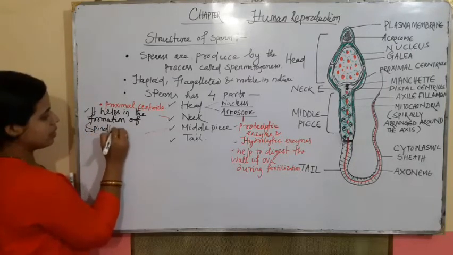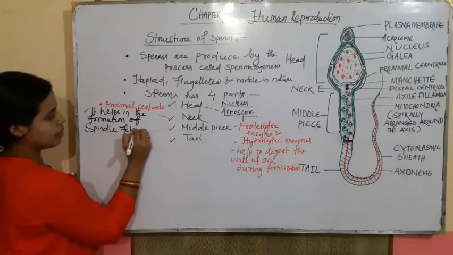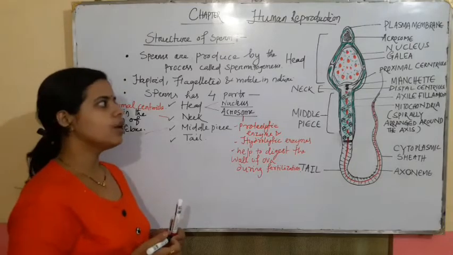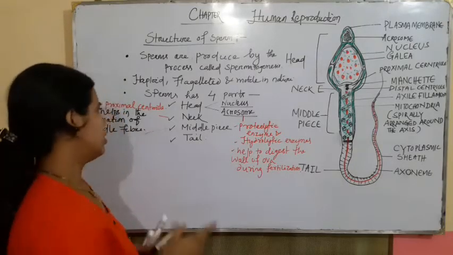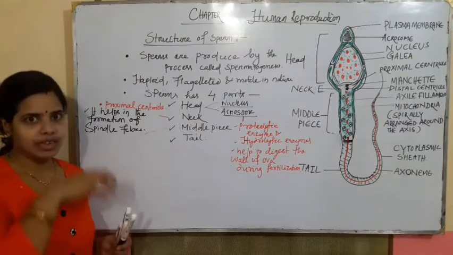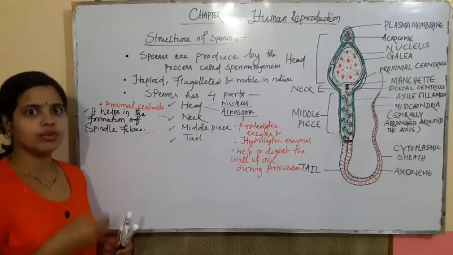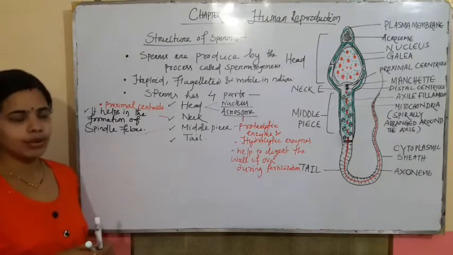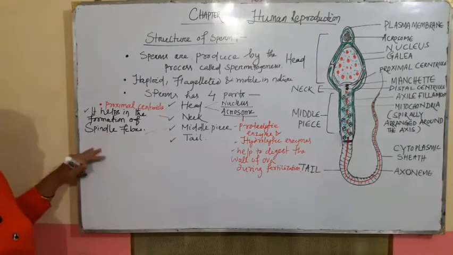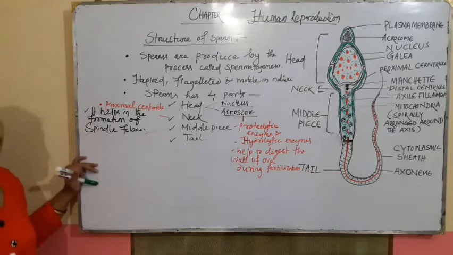And where is this spindle fiber formation required? When fertilization occurs, after the development of the zygote, it has to divide further to form the embryo. During that, spindle fiber formation is required, which can be done by the proximal centriole present